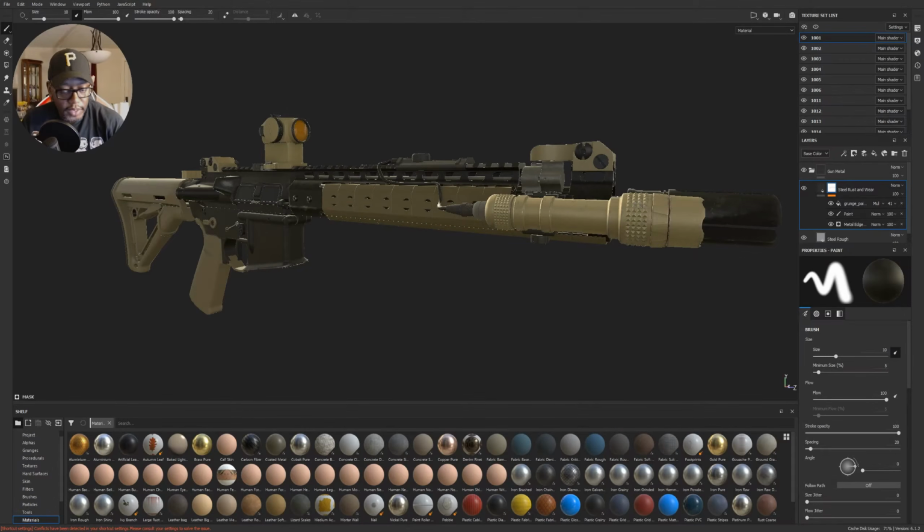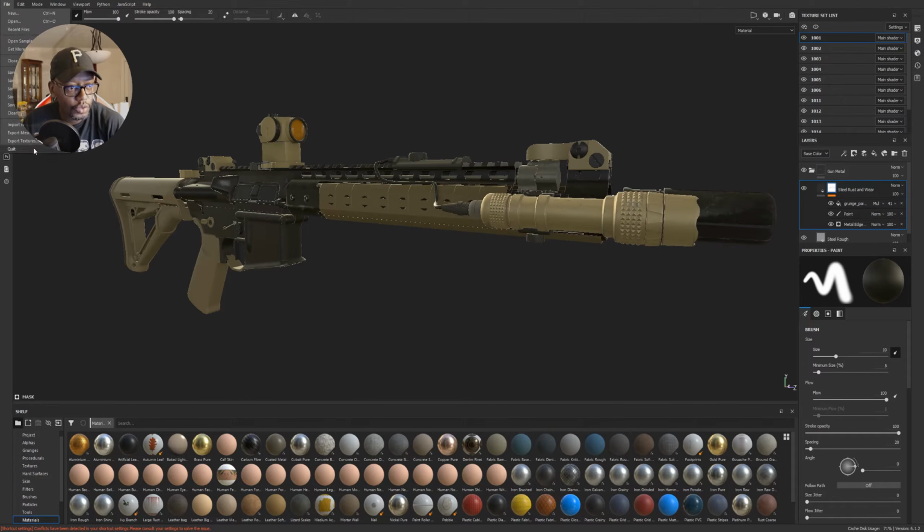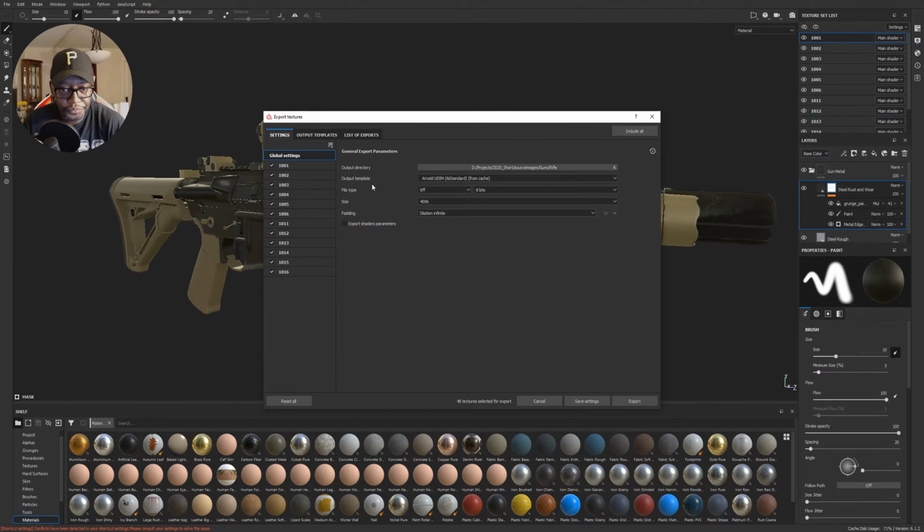Okay, so welcome back. First order of business: we want to take our textures as they are right now. Obviously, it's not done, and export them out into Maya and just see where we stand, how things look rendered in Arnold. So, the way that I'm going to do that is to come here to export textures under File,